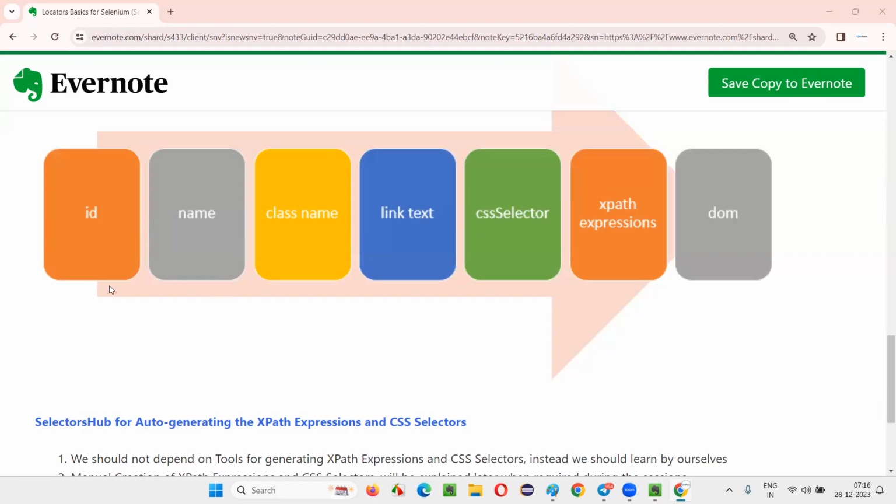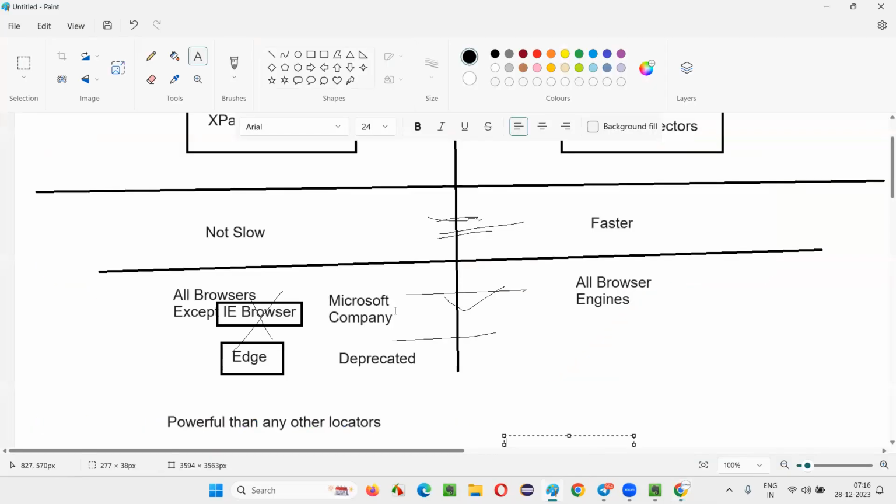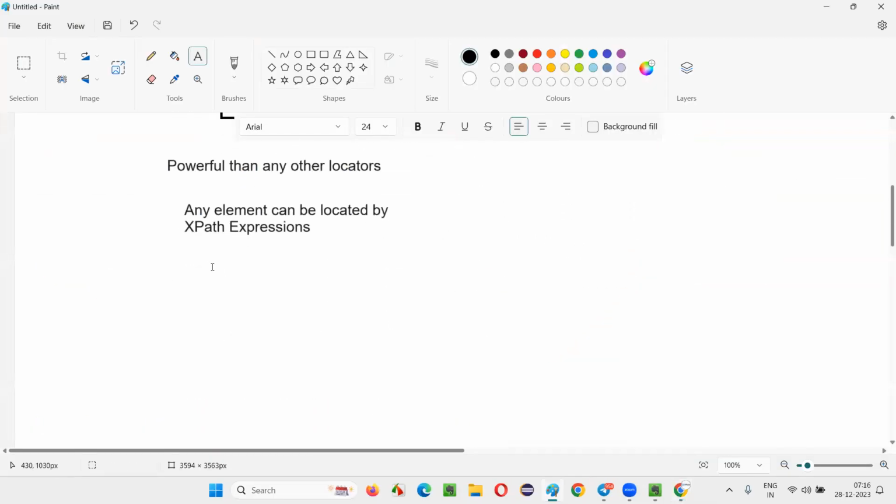We are simply saying that XPath expressions are powerful when compared with all the locator types. But why are XPath expressions powerful? What is the reason behind that? Why are CSS selectors not that powerful as XPath expressions? Why are XPath expressions so powerful when compared to CSS or any other locator types? The reason behind that is in XPath expressions, we have something known as